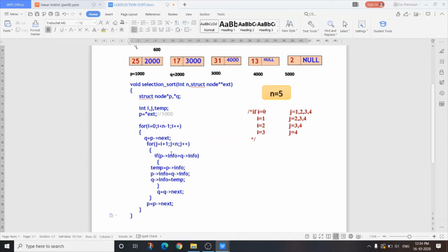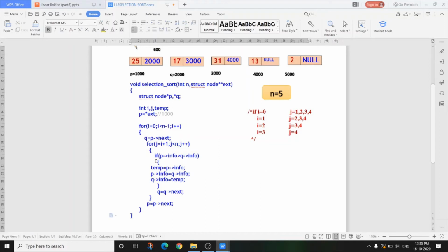Second time, when i equals 1, it starts from 2, less than 5, that is 4. So 2, 3, 4. Third time, when i equals 2, j starts from 3 less than 5, that is 3 and 4. And for the fourth iteration, when i equals 3, j is only 4.